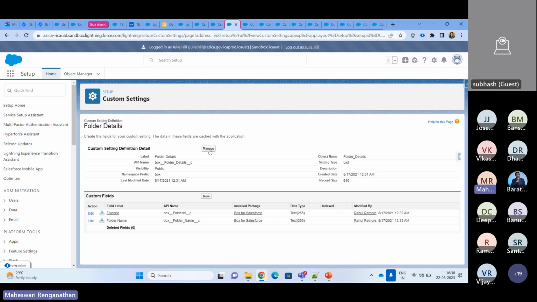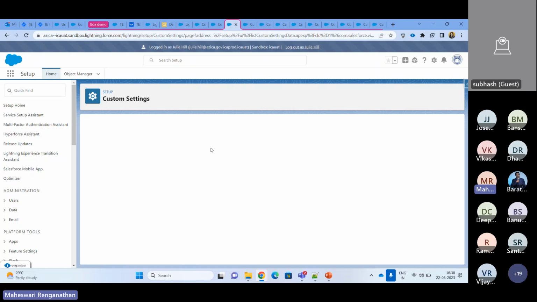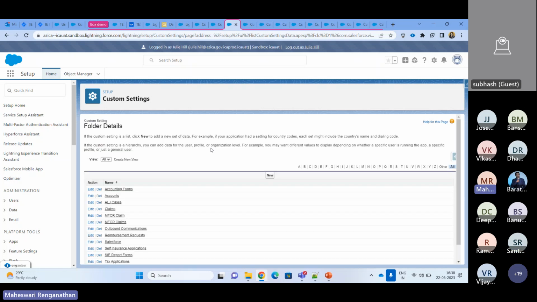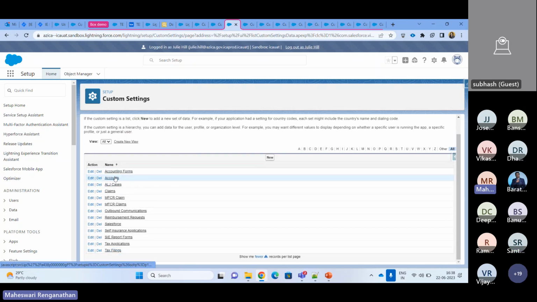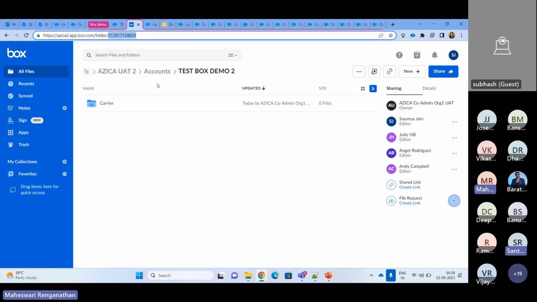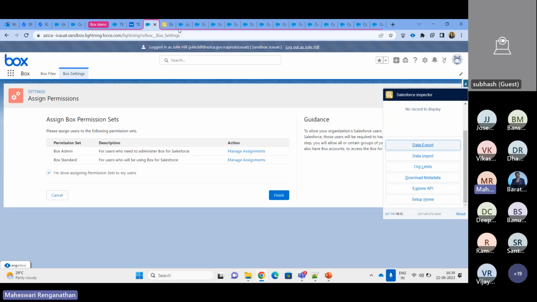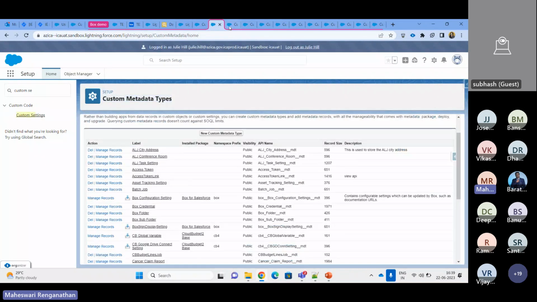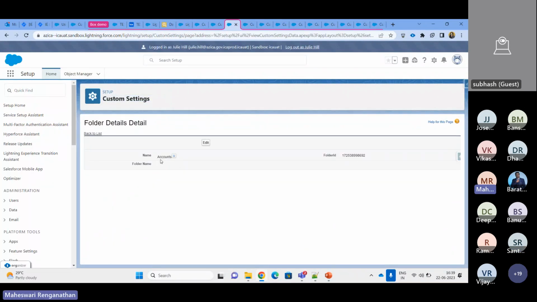there we are categorizing the Box folder ID and the folder name. So then only we can categorize based on the object level. If you see here in the folder details for the account, the same name has to be here. The parent folder ID which I have created, this account name should be created under the custom settings of the folder. Then only it can recognize this is the account name,